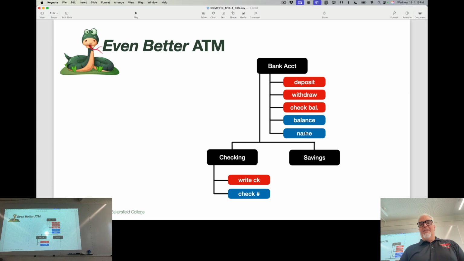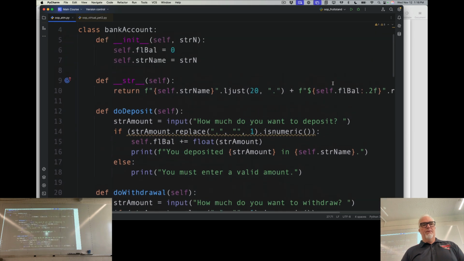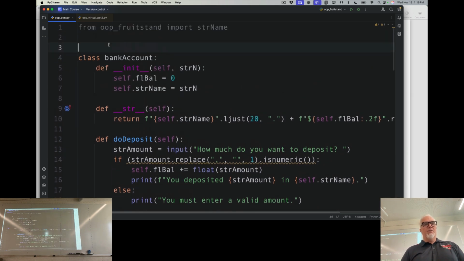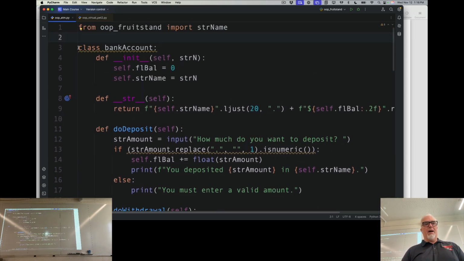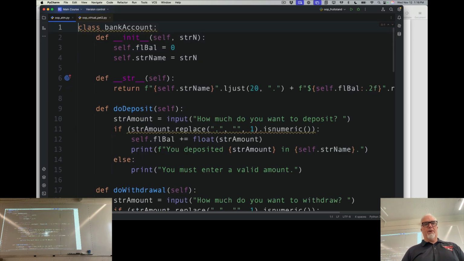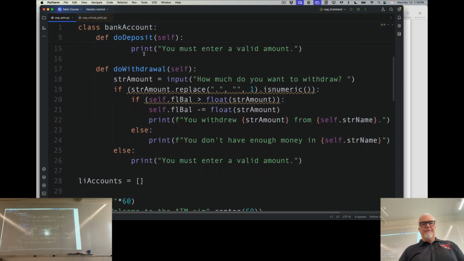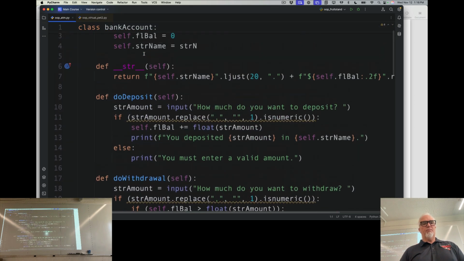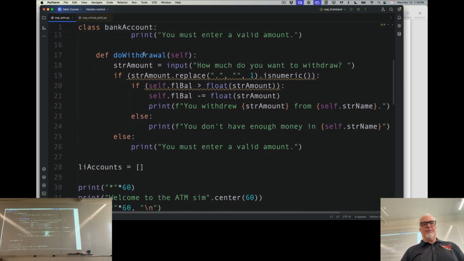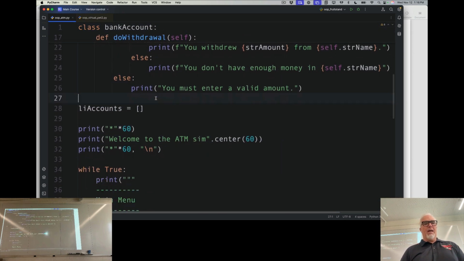So now I've got the balance, I've got the name, I've got the ability to check balance, withdraw, deposit. There's my bank account class. Okay, so there's my starter generic class, and I don't want this. Why is that there? Okay, so there is my bank account, and